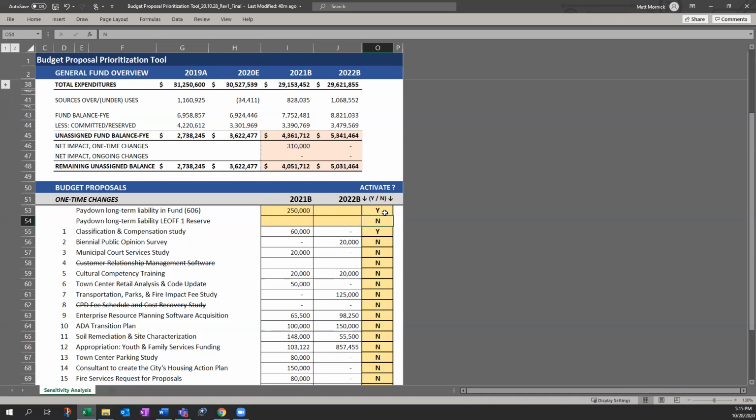Remember, only edit in the yellow cells. If you edit in a non-yellow cell, the form is going to lock and your notes within the tool will be lost. Just refresh your browser and you'll be able to reopen the budget proposal